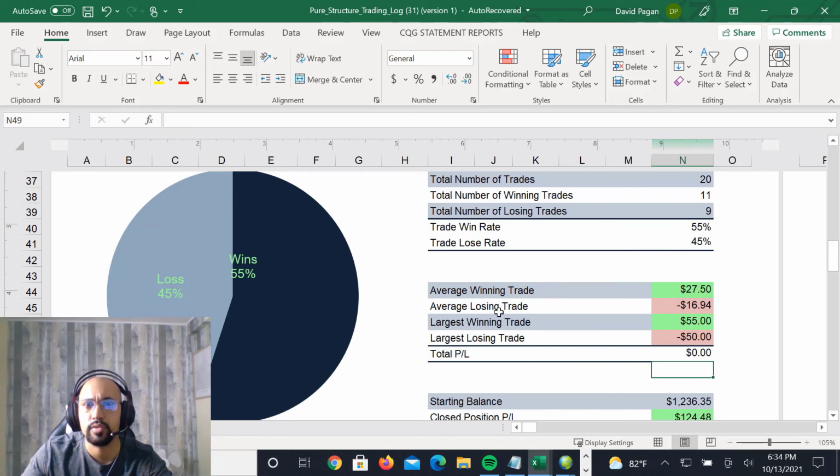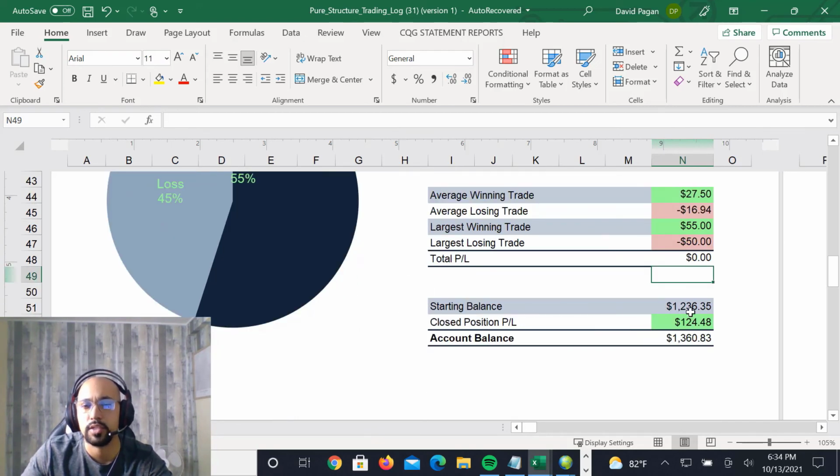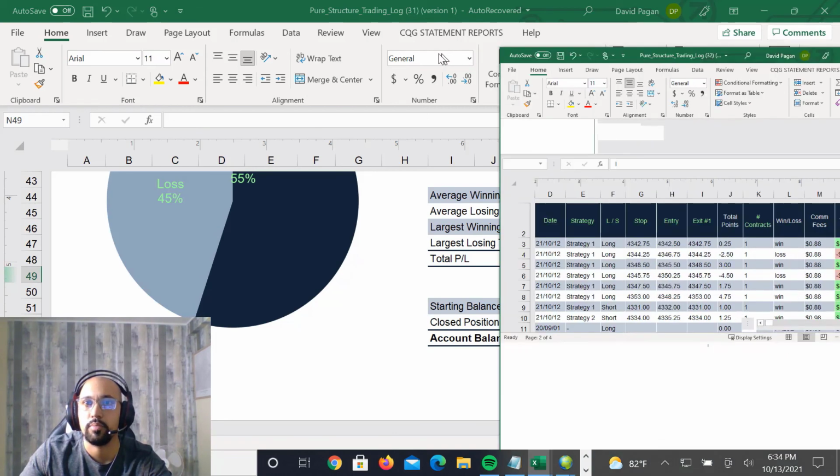Average winning trade $27.50. Average losing trade $16.94. Largest winning trade $55. Largest losing trade $50. And you can see starting balance this week 1236.35. Closing profit on this log here 124.48. Account balance 1360.83. Moving over to the next log, show you guys the last couple trades that we put on so far for the midweek,